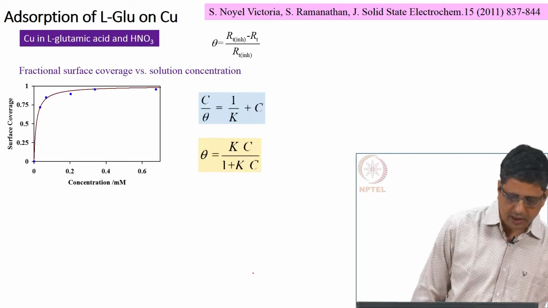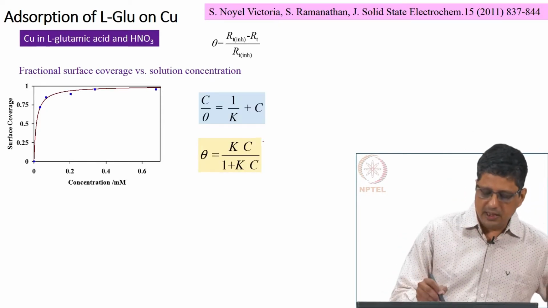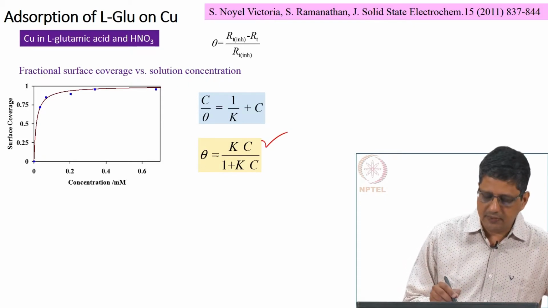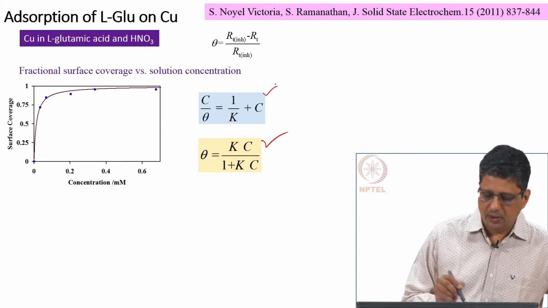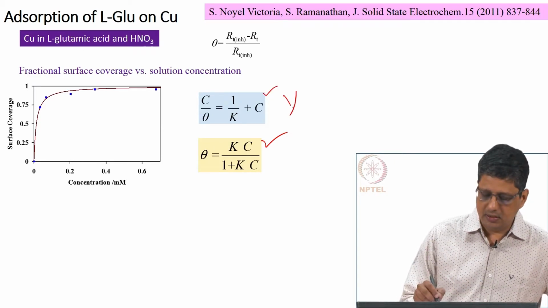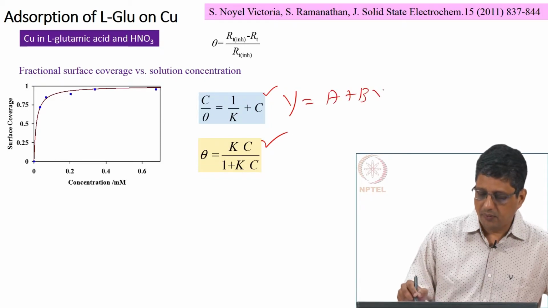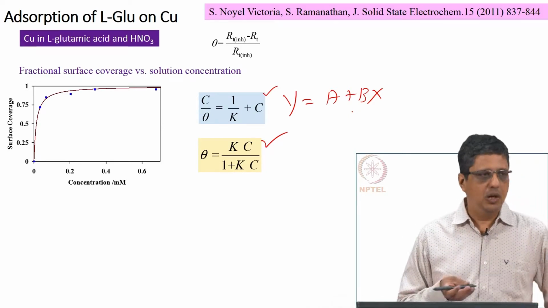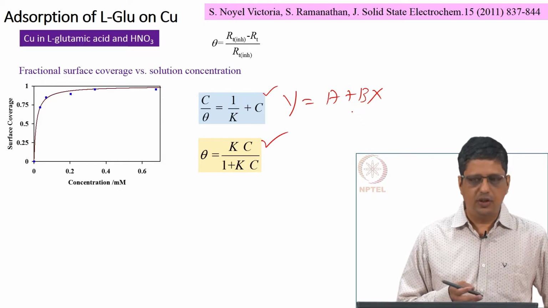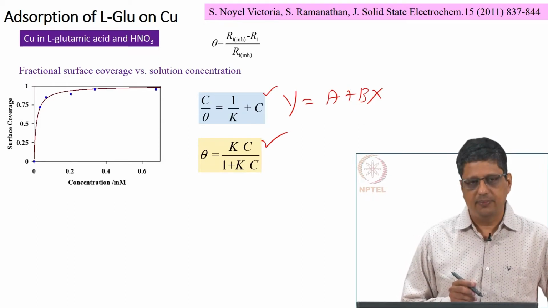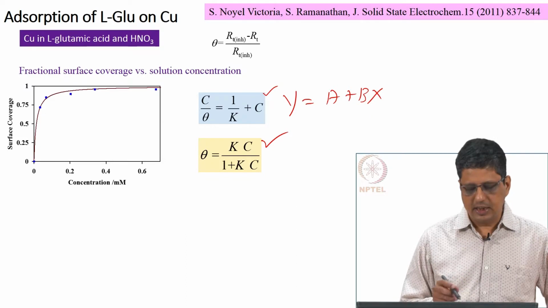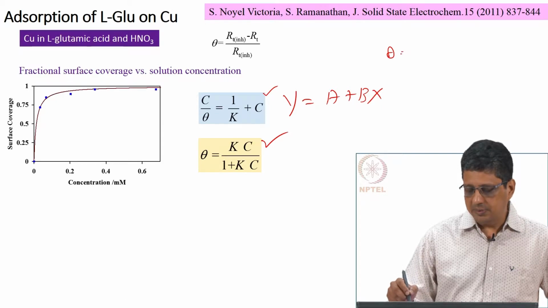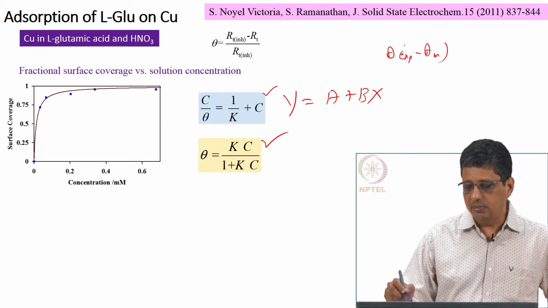Langmuir isotherm is described by this equation, where C is the concentration in liquid, theta is the surface coverage of the same species, and usually people will rearrange it and say this is going to be described by a linear equation, and it is easier to verify it. But now you have enough software tools that you can use this actual equation and use nonlinear fit. That is actually a better description than getting this, because you want to minimize the error in theta experimental and theta model, you want to minimize this error.